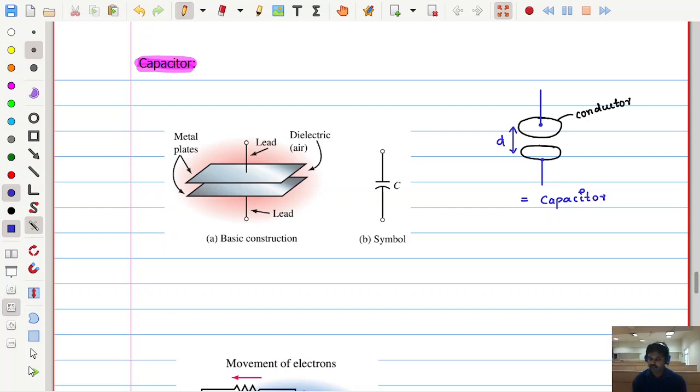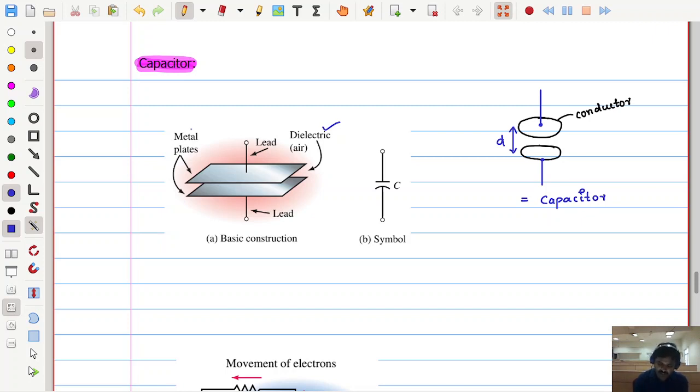A simple thing. Now you can put a little more emphasis on what the material is between these 2 conducting plates. It may be air, it may be some plastic, it may be some other material, some mica. To hold these two plates side by side, we may use some material in between. That is what we call a dielectric. So now let us state the capacitor in a simple way: metallic plates are separated by a distance d with the help of a dielectric medium. That is what forms the capacitor.